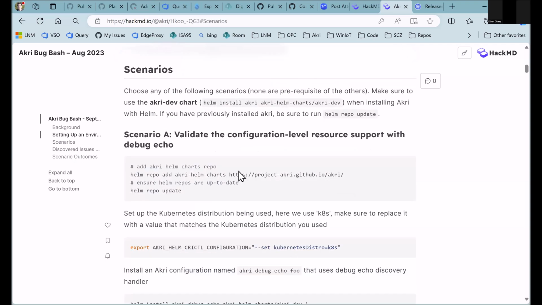For the previous bug bash, we have three basic scenarios.